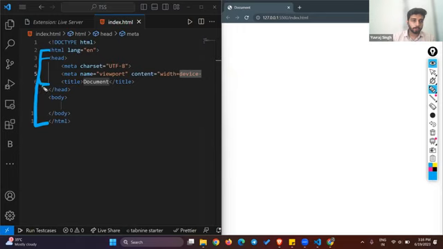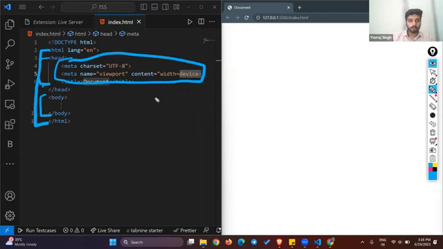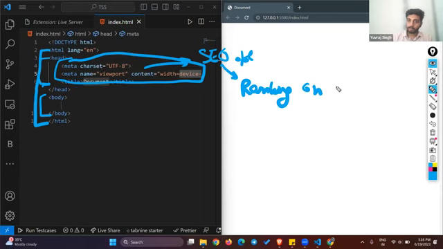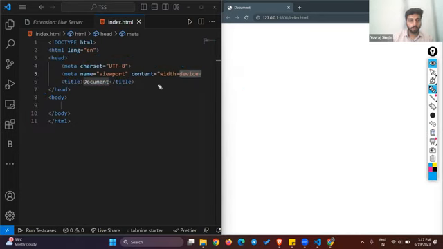Then we have two tags, head and body, in which meta tags are there, which we will be talking about at the end of this week, because these are used for SEO optimization, that is, ranking your website on Google, Microsoft, etc. In the head tag, we are only responsible for this because this is seen